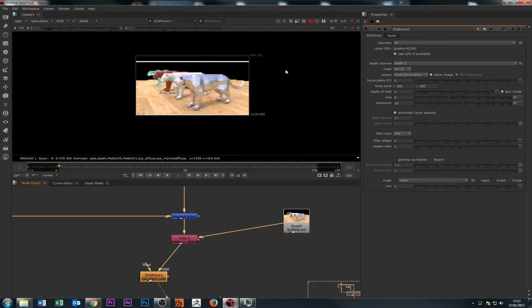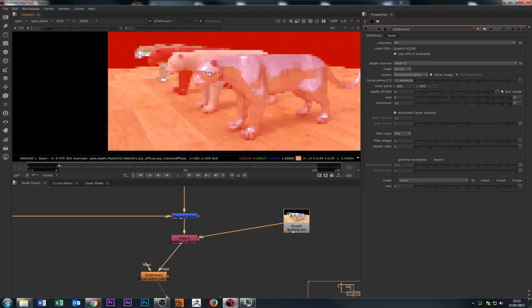Here what's happened, you see, I got these two things, the focal point, and I can just move it around. Say I want the focal point here, or probably on this guy. Whatever is red is going to be out of focus, and whatever is blue is going to be out of focus. This is the front, this is the back, and whatever is green is going to be in focus. So I think you have to pump up this number here, and if you want the focus on this guy, then this guy will be in focus, and then you can change the size here a little bit, and the maximum. You can change this and then put everything in focus, and from there on it's going to be out of focus. So if I put this back to result,